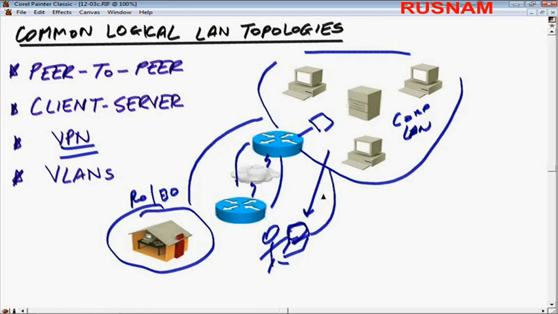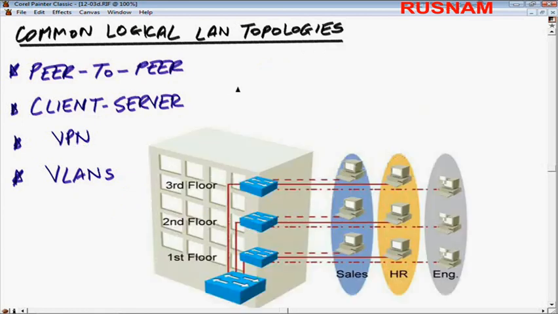We'll talk more about that later on when we look at security. Finally, we have a special kind of network called a VLAN, or a virtual local area network. We'll talk more about this later on when we deal with switches, but this is the classic Cisco diagram where